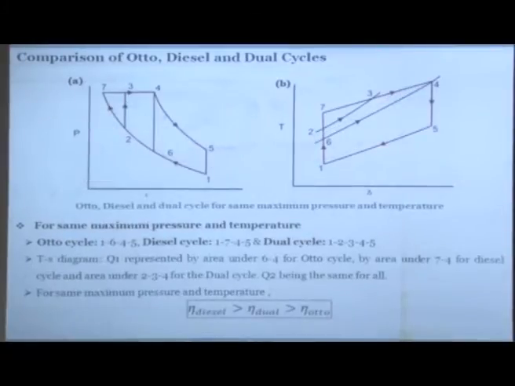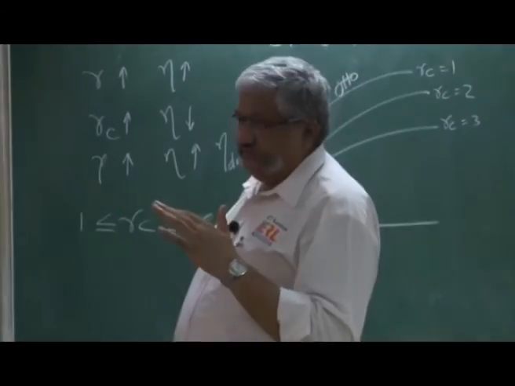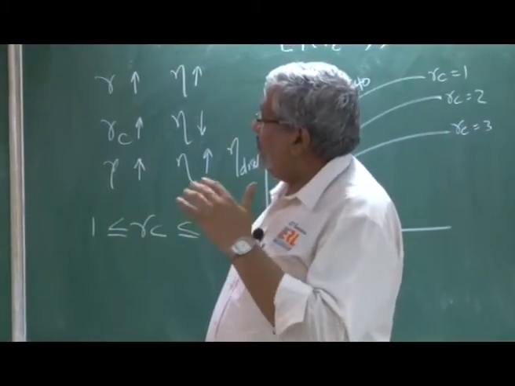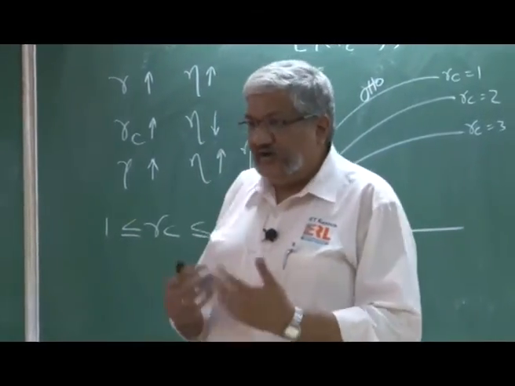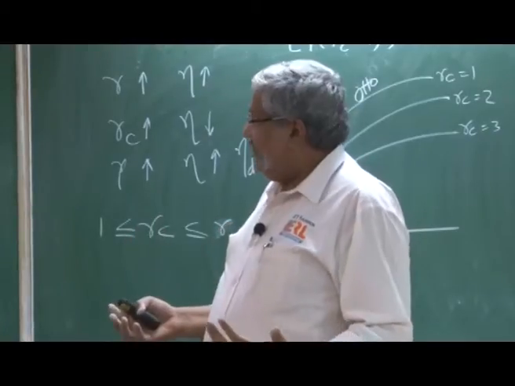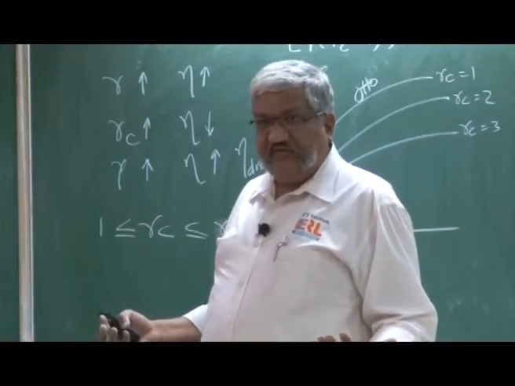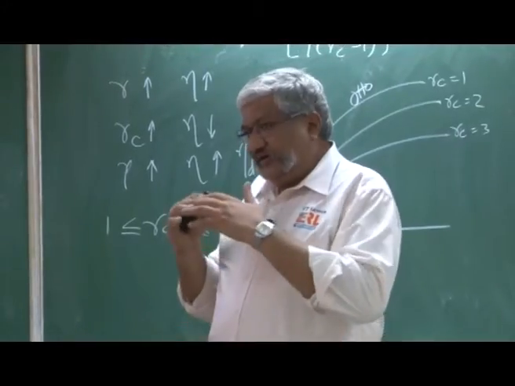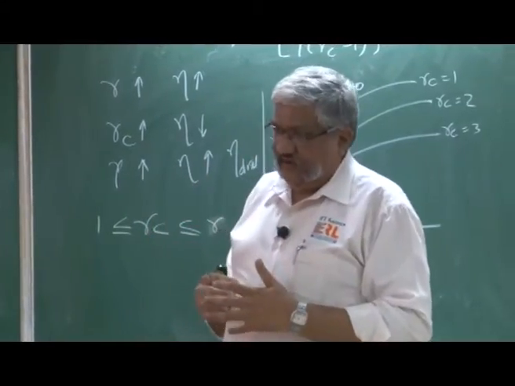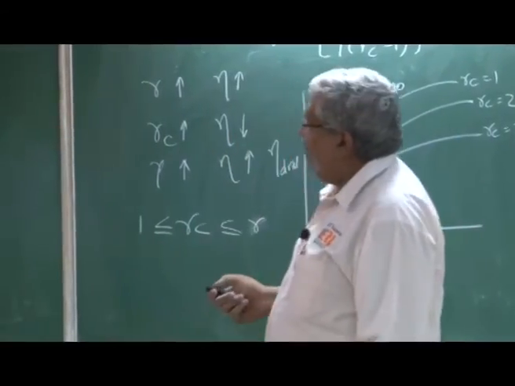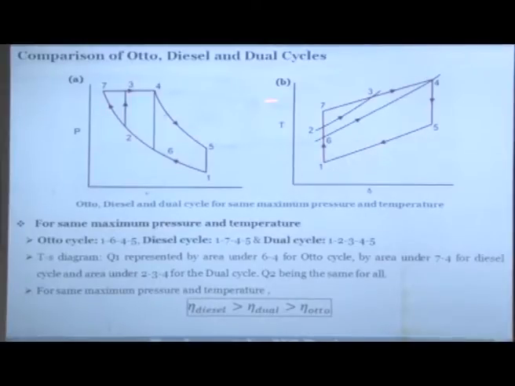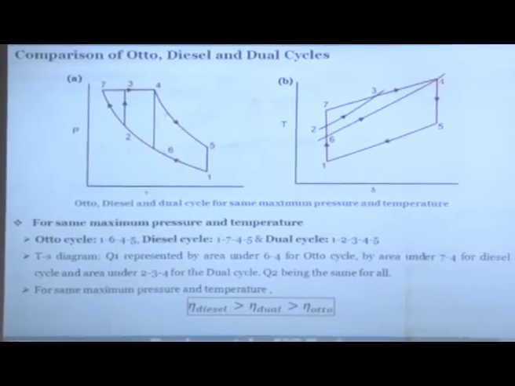But suppose you say, okay, I don't worry about it, I want to limit the peak temperature or peak pressure. I want to limit the maximum pressure, for example, and maximum temperature. Why am I limiting this? Because my material cannot take more than a certain pressure. I don't put a limit on the compression ratio, the engine can have any compression ratio, but it should not breach, say, 2000 degrees Kelvin. I don't have materials which can withstand 2000 degrees Kelvin and 100 bar pressure. So then we compare. Now I have put a limitation: you cannot go beyond this point, and your temperature cannot go beyond this point.